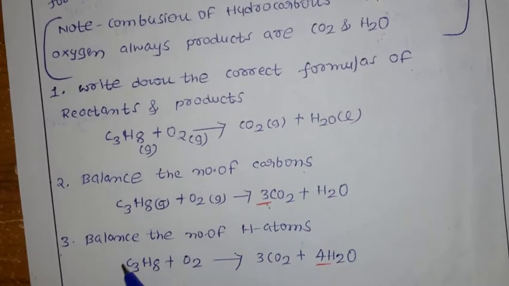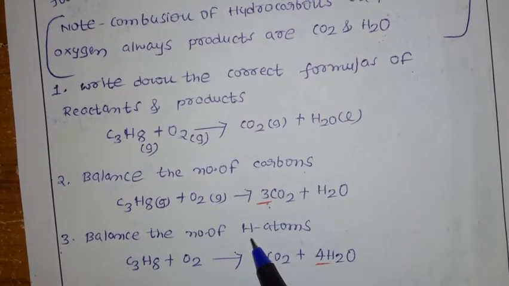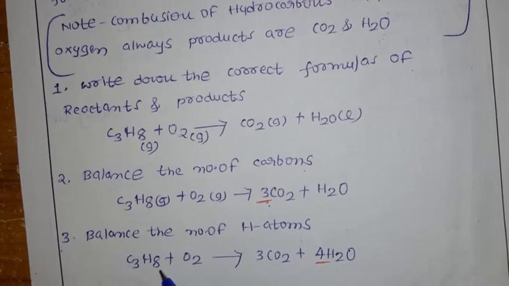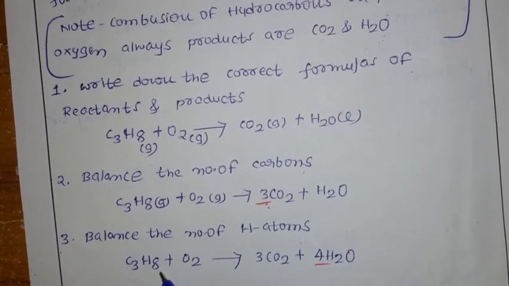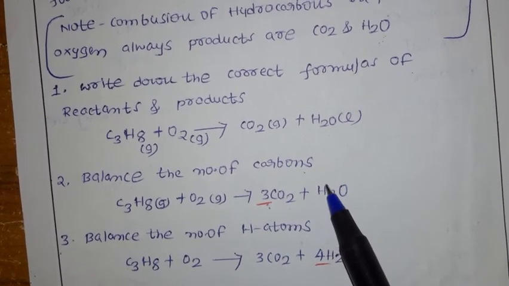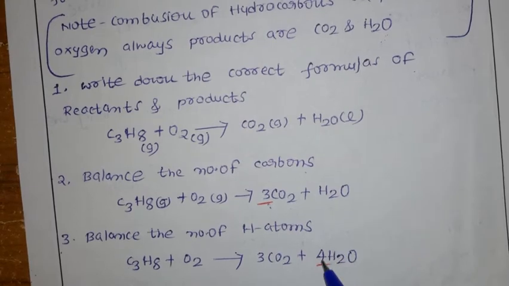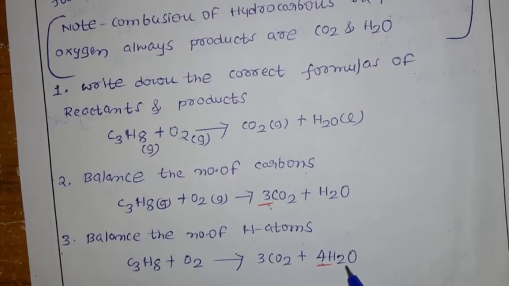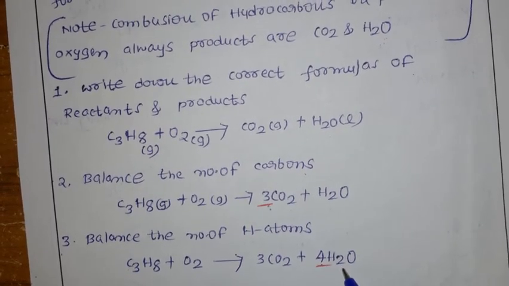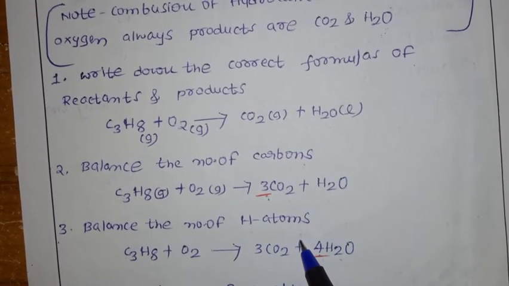Next step is what? Balance the number of hydrogen atoms. Now you have to see the balancing. So first reactants, how many hydrogen atoms are there? We have 8. So now come to here. Here we have the H2. Okay. To balance that one we need 8, which means if I give the coefficient 4 here, so it's going to balance what? 4 into 2, 8. So we balanced the carbon and hydrogen.